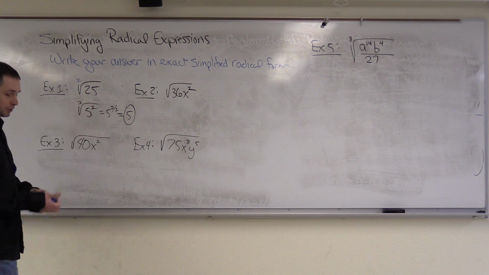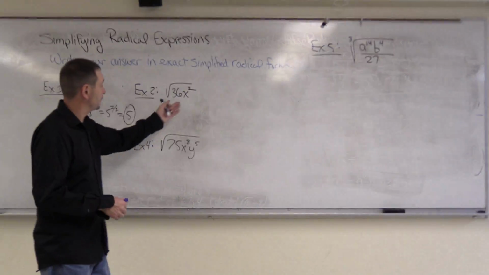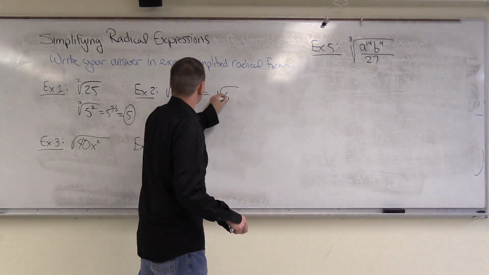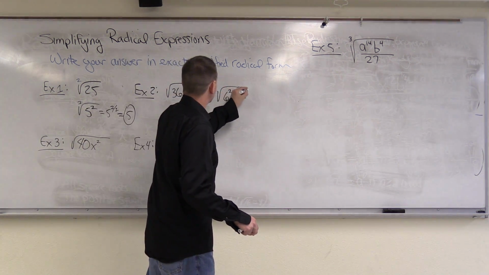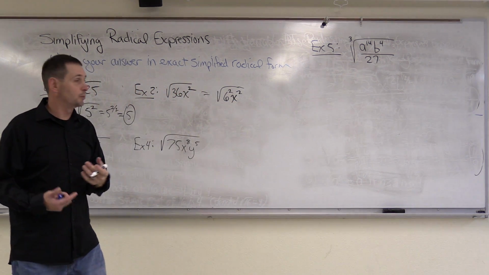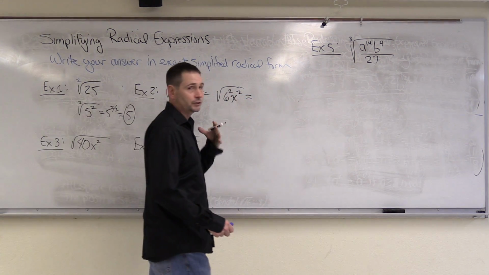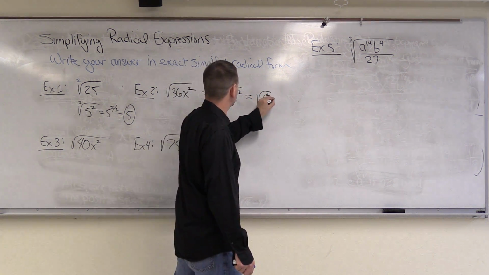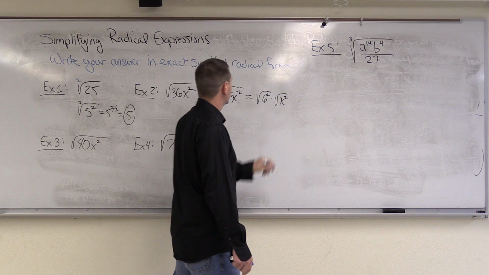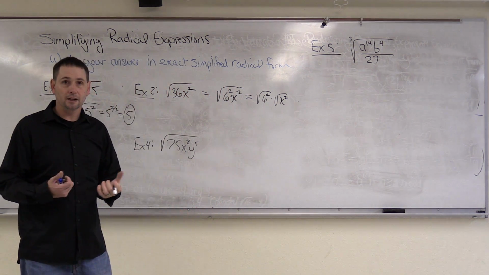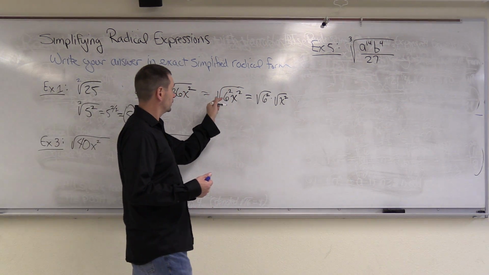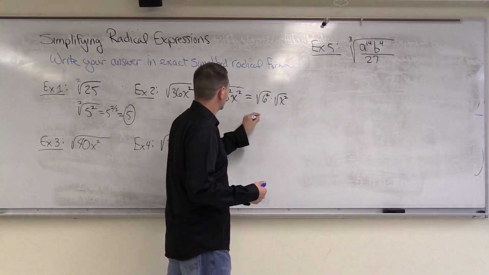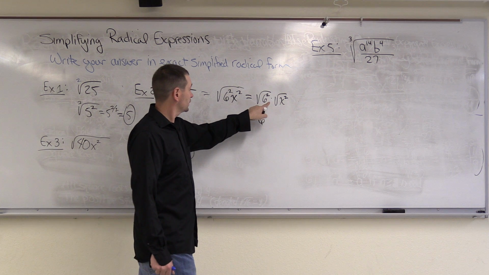Now, example number 2, same thing. It's a nice perfect square. I'm going to throw a variable in it, but that's okay. This is the same thing as the square root of 6 squared x squared. Sure, you could break these up, we could use that rule. You don't have to do this, you can leave it all underneath one root symbol, but you can break this up into the square root of 6 squared times the square root of x squared. You end up getting 6, the square root of 6 squared is 6,